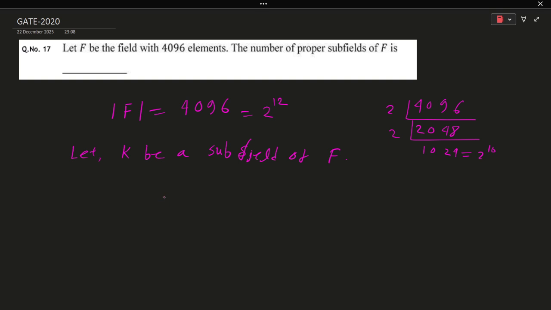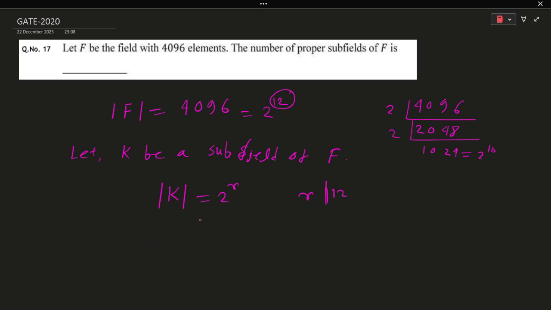So इसका मतलब क्या है? ये है k, जो भी है 2 पावर r का पावर है। सो ये जो r है, 12 का डिवाइजर होगा, डिवाइड करेगा।